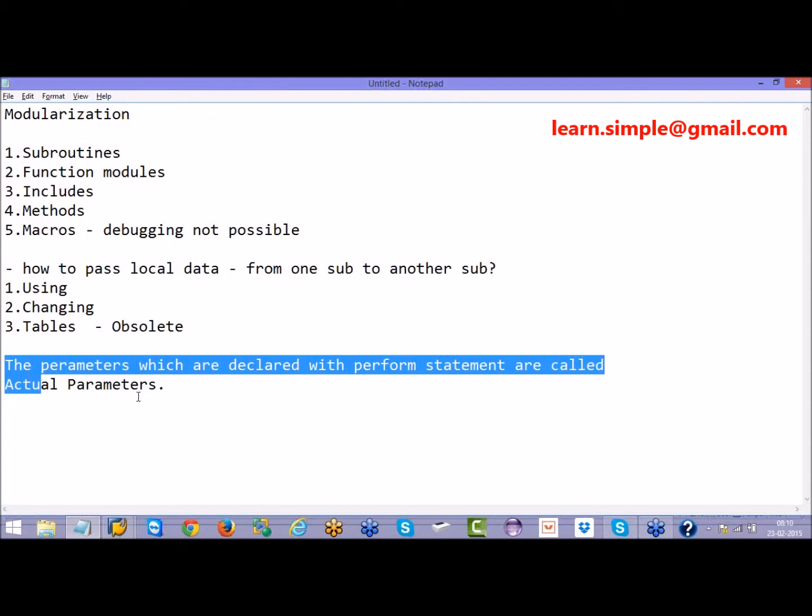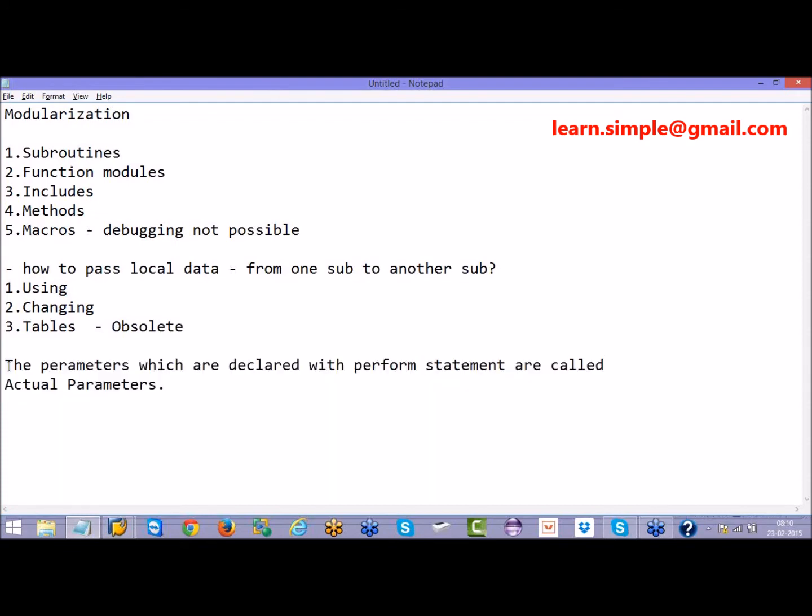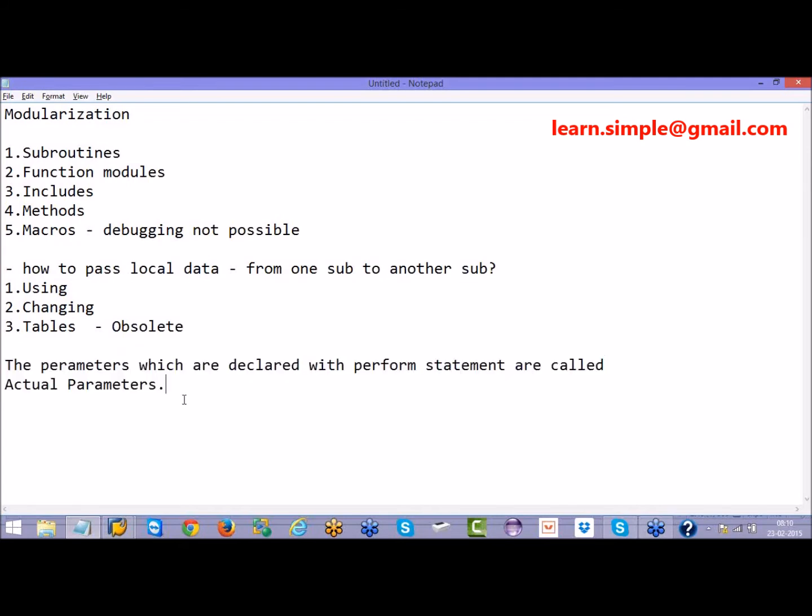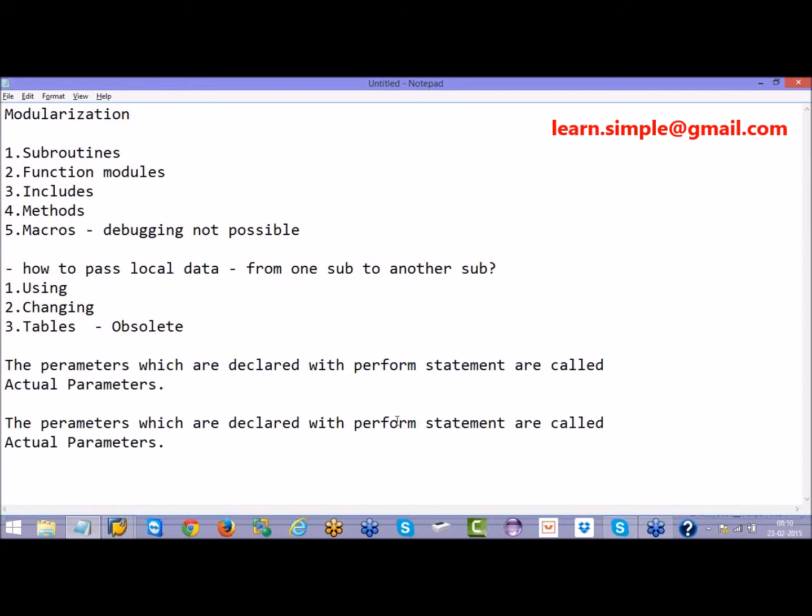Okay, and the parameters which are declared with a form statement are called formal parameters.